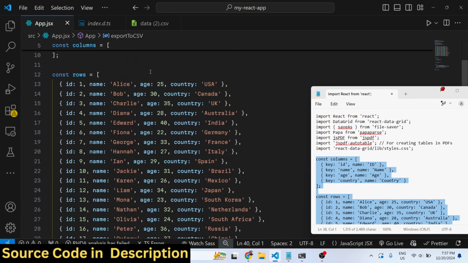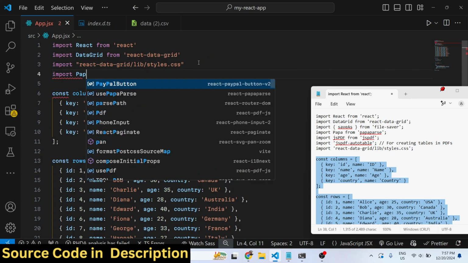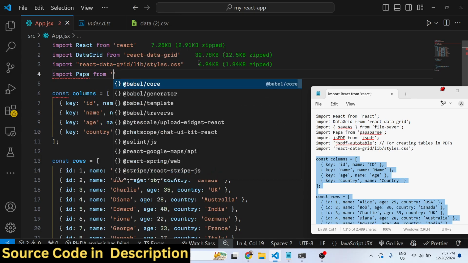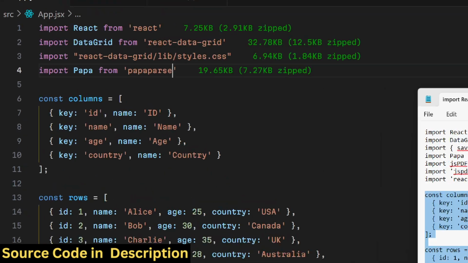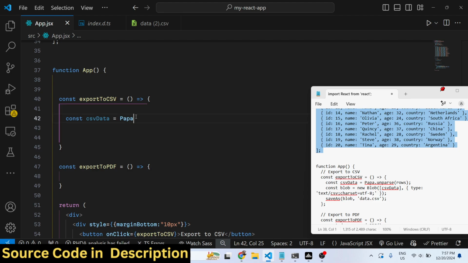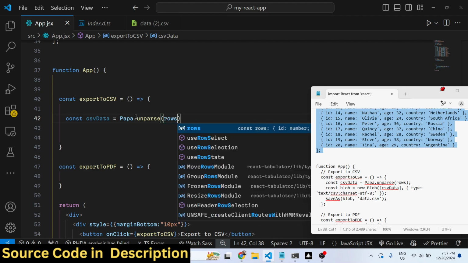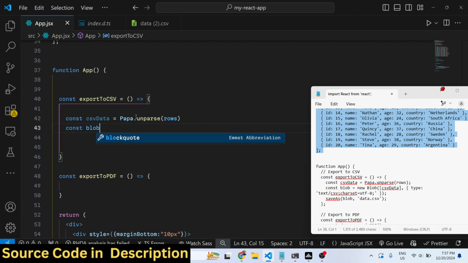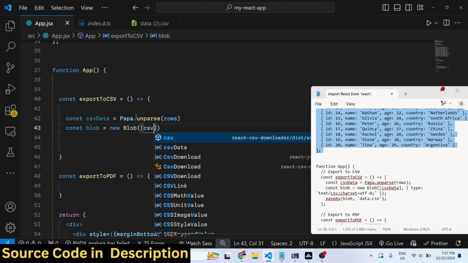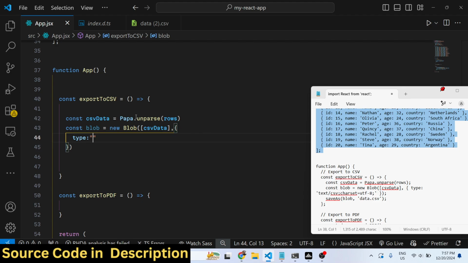And here we just need to import this. So we go to the top, import Papa, and it will be coming from the Papaparse package. It's a powerful CSV parser, and it contains a function which is unparse, and here we need to pass the rows of data, and then we need to convert this into a blob, the CSV data, and then here we need to specify the MIME type. For the CSV file, text/csv,